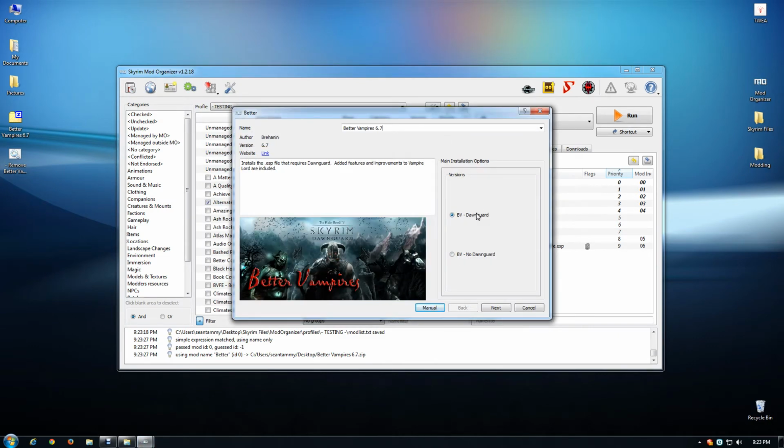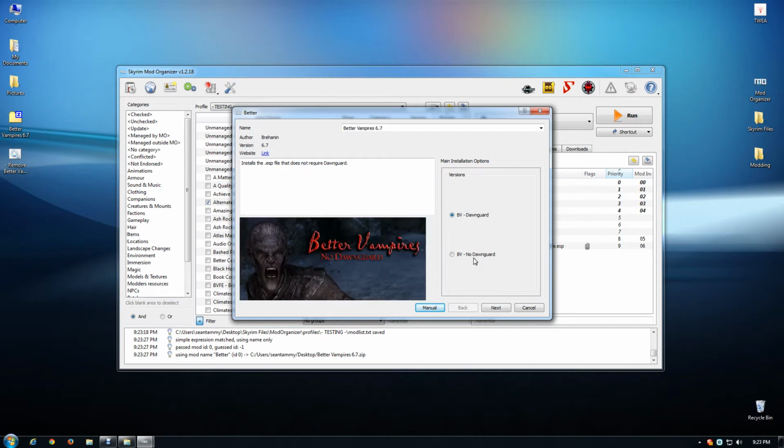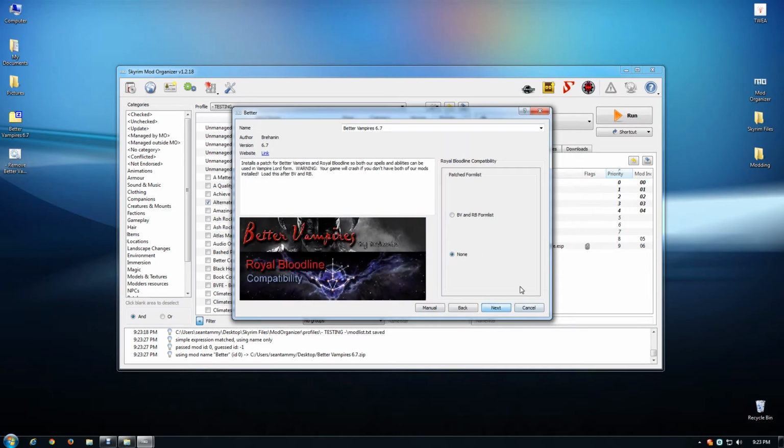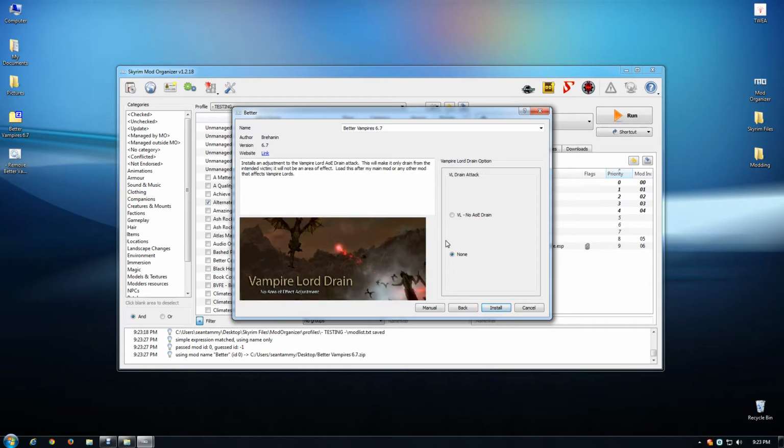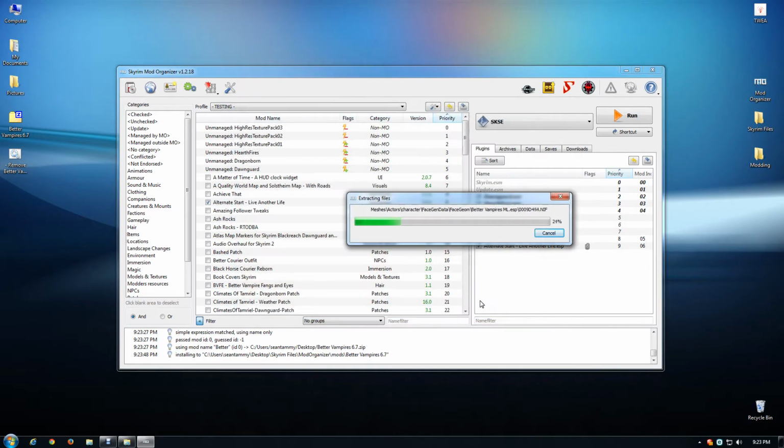You can choose Dawnguard, or for those of you that aren't using Dawnguard, click Next. If you want, you can have a patch for Royal Bloodline. There's also an option to make Vampire Lord Drain not an area of attack, so it only attacks one person at a time. Click Install,